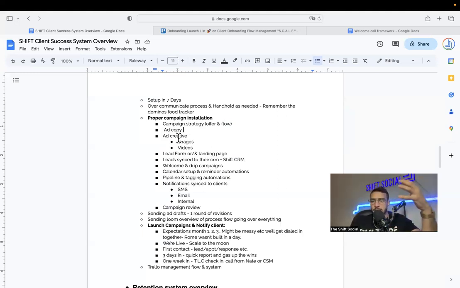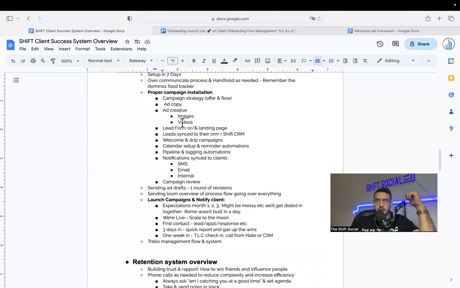Ad creative: we do images, we do videos, we do things that they've run in the past, sourcing it. We make our own graphics. We'll test different types of graphics like text-based, image-based, inventory, videos. Really, we're trying to run a wide variety of creatives to test and give them a lot of different creatives out in their market so that they can show up and appear differently. Proven creatives and graphics we'll go over in the fulfillment section as well,